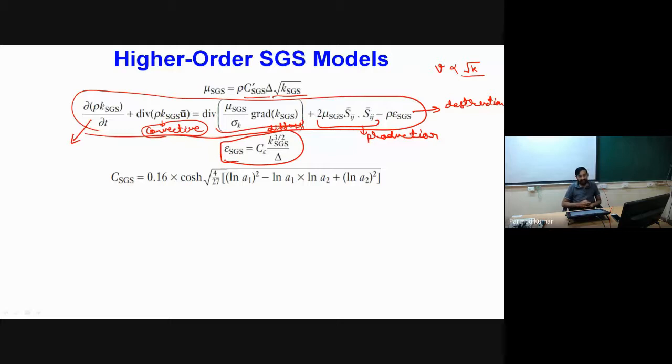So it means in LES simulations, while considering a higher order SGS model, along with the 3 momentum and 1 continuity equations, we have to also solve one additional equation for the transport of turbulent kinetic energy. This transport of turbulent kinetic energy will give different values of kinetic energy in different parts of the domain, and that will help us account for the anisotropic nature of the turbulence by having different values of viscosity in different portions.